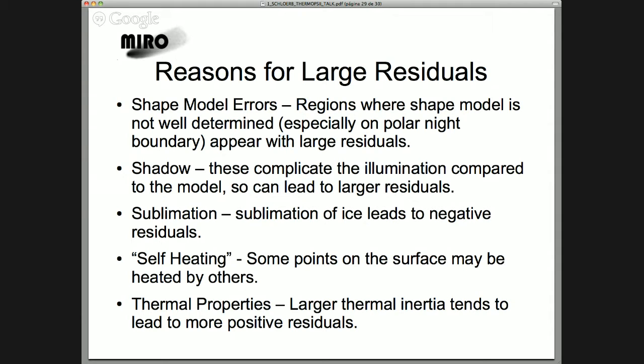As you saw, the places where the shape model is not well determined sometimes appear with large residuals. There are shadows that can complicate the illumination and lead to larger residuals. Sublimation, I'm pretty sure, leads to the negatives at the tops. There's self-heating and things. We haven't included any of that in the models yet. And then finally, there could be variations in thermal properties, though at the moment I'm inclined to think that most of the residuals are due to topographic problems as opposed to